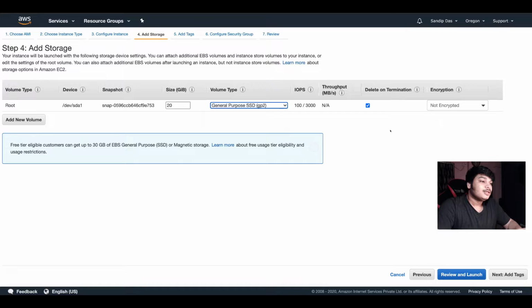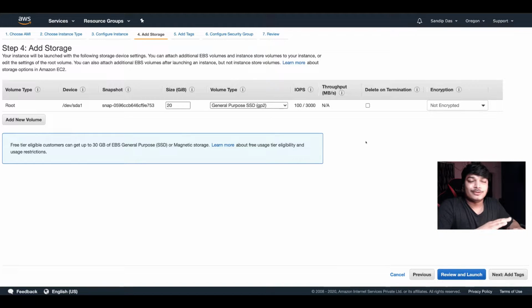Okay. And see this option, delete on termination. Now suppose you're running the machine and you're done with the machine, and the data stored in the machine is no more required, then you can enable this tick box. But if you want to keep the record for backup purposes, or any other reason, and you want to make sure that even if the machine shuts down, this data must not be removed, then disable this part. Otherwise it will be gone.